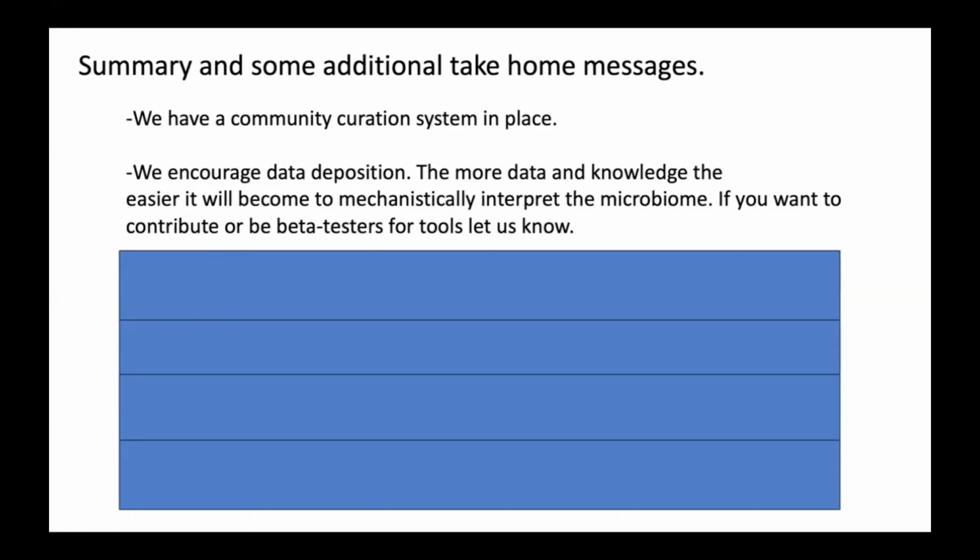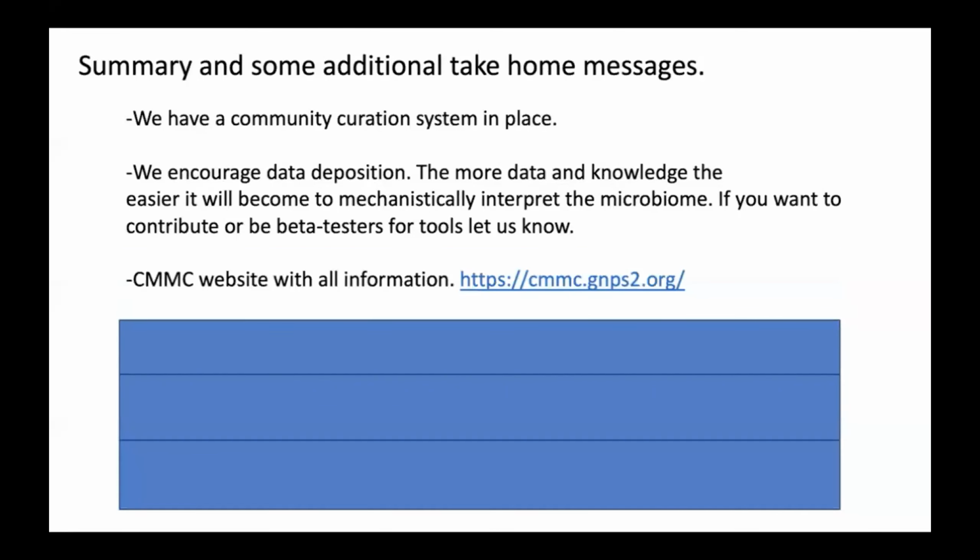Just because it's in a supporting information in a paper doesn't mean it's readily accessible or findable. Whereas if it's in a computer-readable and data-driven format, now you can reuse it over and over and over. In the same way that people annotated gene sequences based on biochemical functions that they assign to it by laboratory tests, that is the knowledge that is reusable. And so we're building the same thing, but for microbial metabolites.